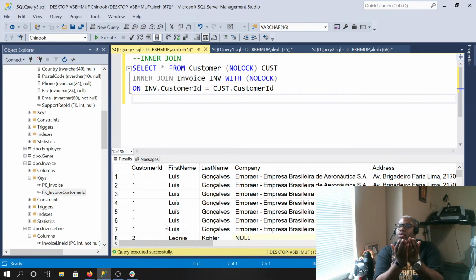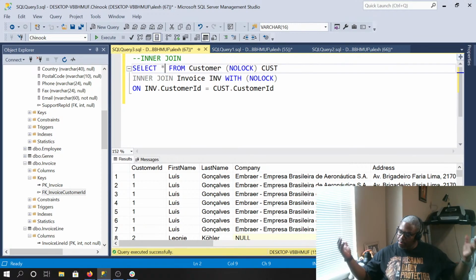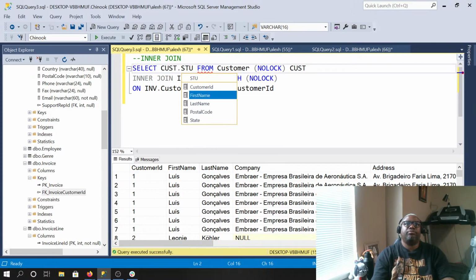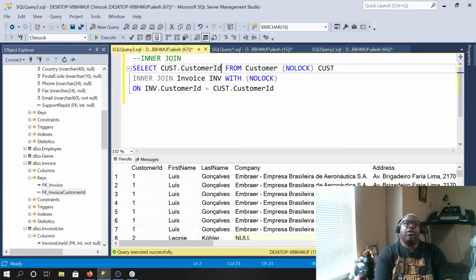And you really don't always want to do that. There's different ways to do that. In an inner join, you're only going to select the columns that you want to come back in your query. So instead of selecting everything from both tables, let's say I only want to get back the customer's first name, their last name, their address, state, and zip, and maybe an invoice number. Okay, so let's do this. Let's say customer ID. We're going to say